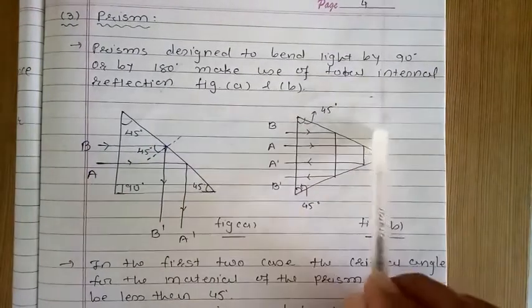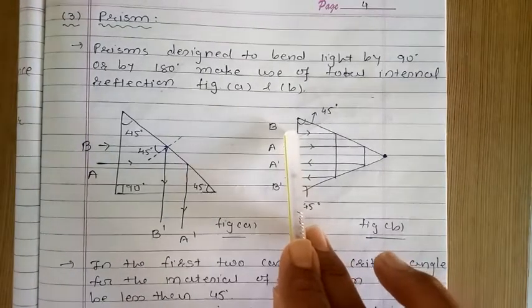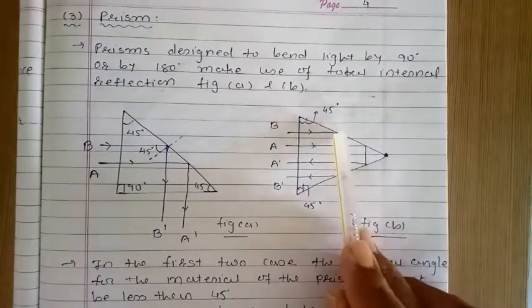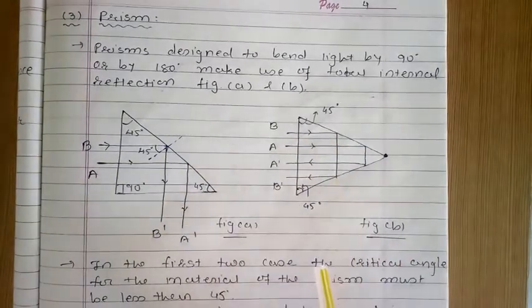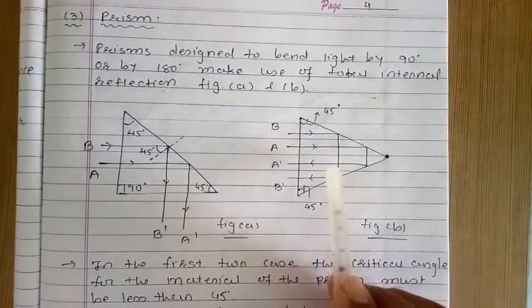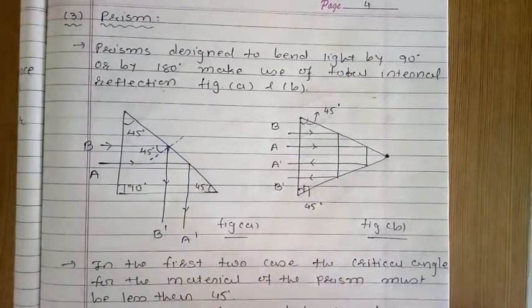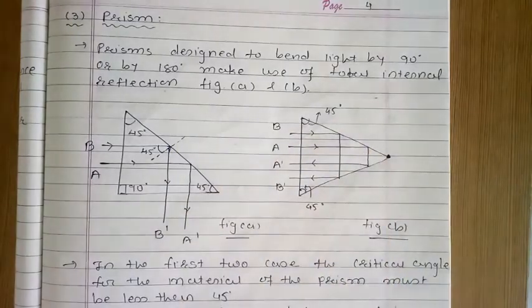Here in this figure we bend light by 180 degrees. You can see in this figure this is ray B, incident on this surface like this, and for A like this. So here it bends by 180 degrees. You can see here this is 90 degrees and this is also 90 degrees, so 90 plus 90, 180. For A you can see 90, 90, 180. Right, so here a 180 degree bend occurs.